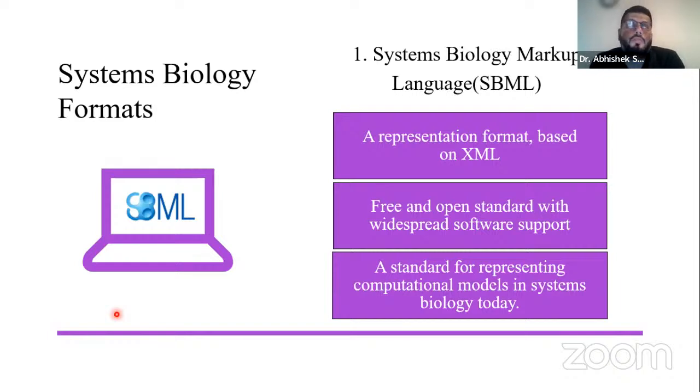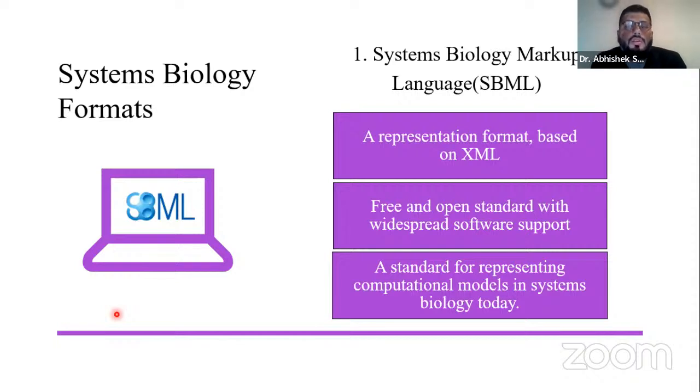Now, whenever we make a network in any tool or platform, for example in Cytoscape or CellDesigner, those networks are represented in certain formats, right? So there are file formats for networks, and also for systems biology models. Networks and models are different things, right? Models are predictive in nature, networks are not. They cannot predict anything, they only give you inferences and insights about the various interactions, right?